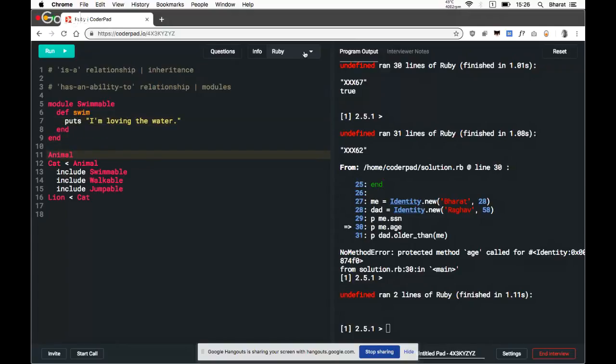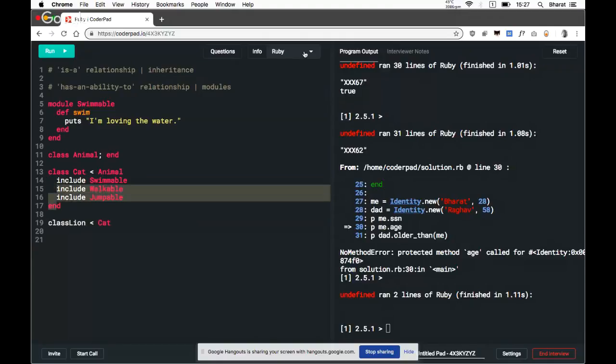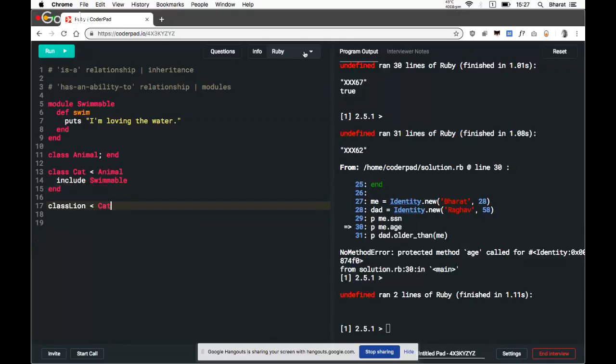We have this, and then let's say we have a class animal, and we have a cat, and this also ends quickly. For now, let's just give cat two inheritances. Let's say walk.